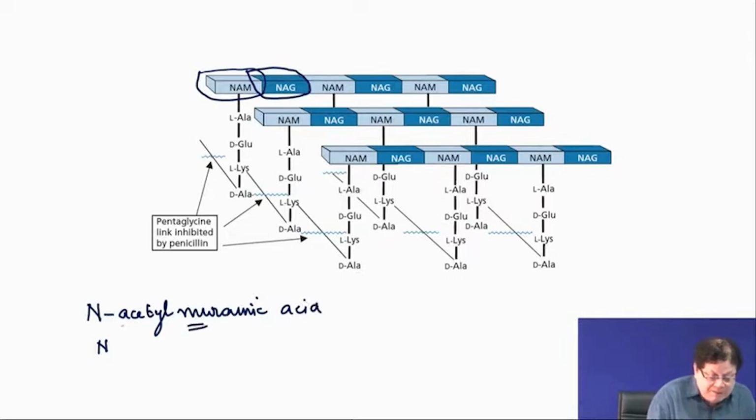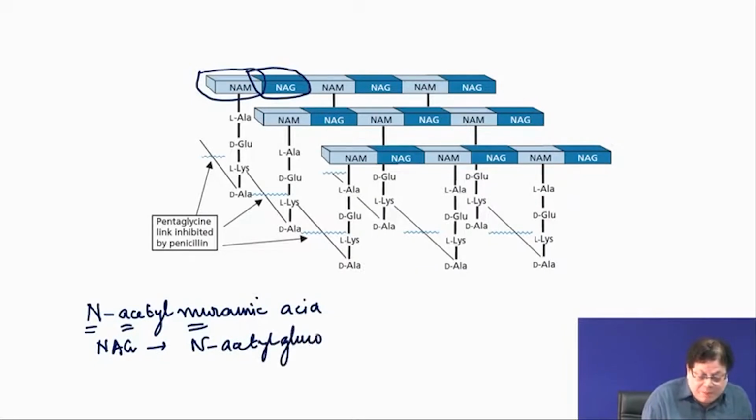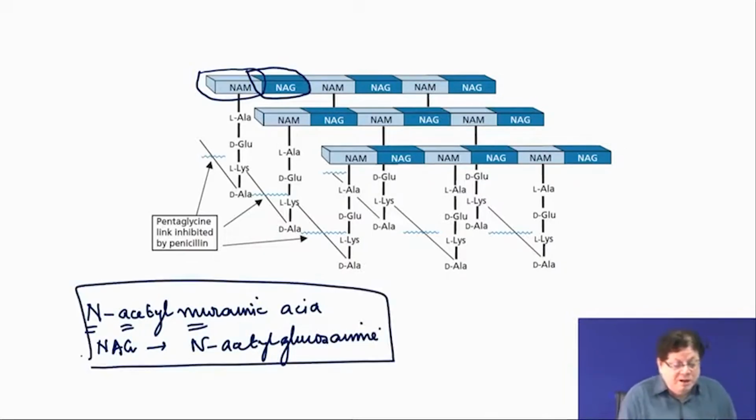This M, this A and this A, and the other is called NAG. NAG is N-acetyl glucosamine. So, these are the two sugar units, they are joined one after another,